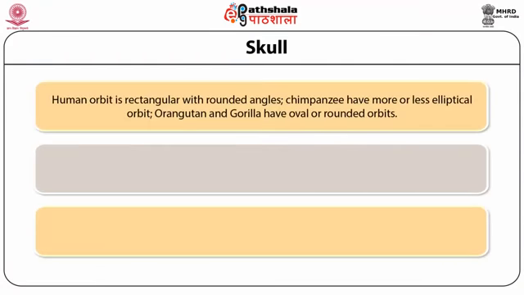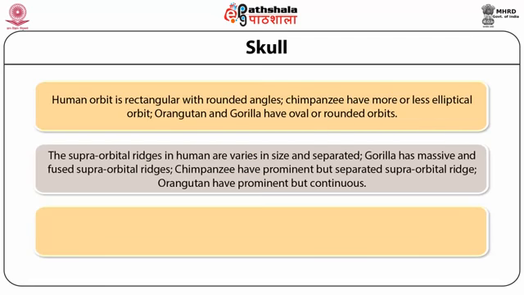The shape of the orbit in humans is rectangular with rounded angles, but the chimpanzee has a more or less elliptical orbit, while orangutan and gorilla have oval or rounded orbits. The supraorbital ridges in humans vary in size and are separated, but gorilla have massive and fused